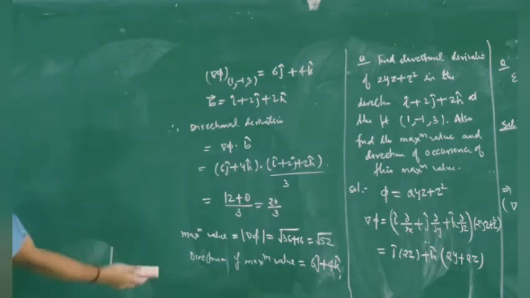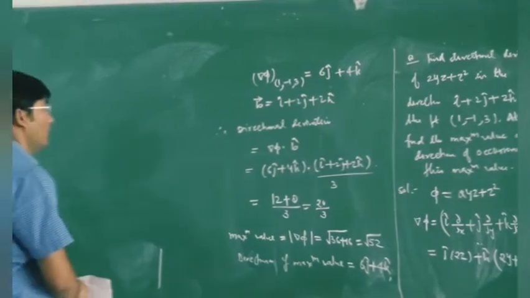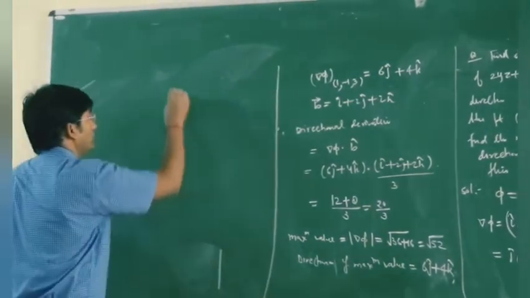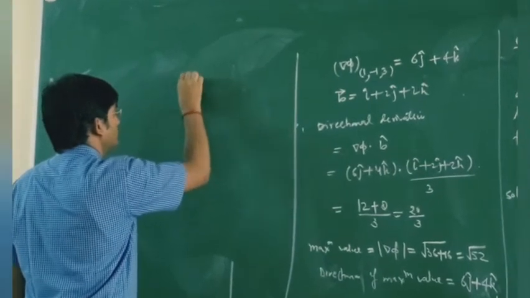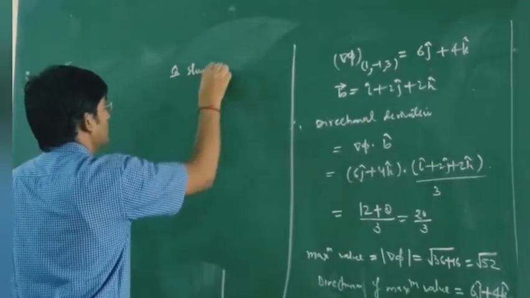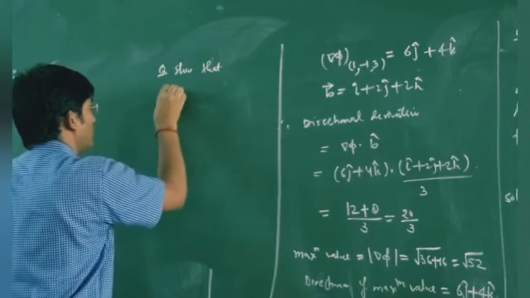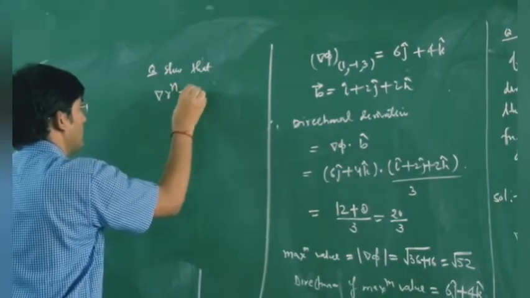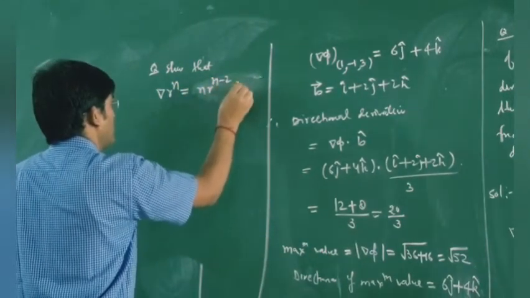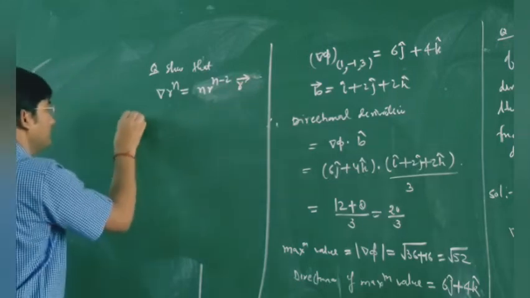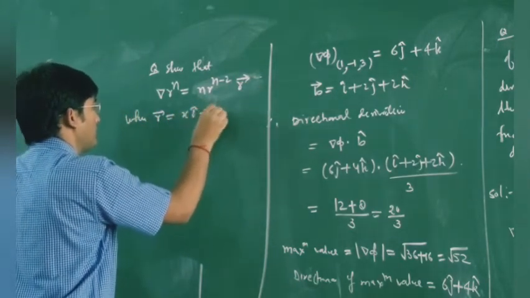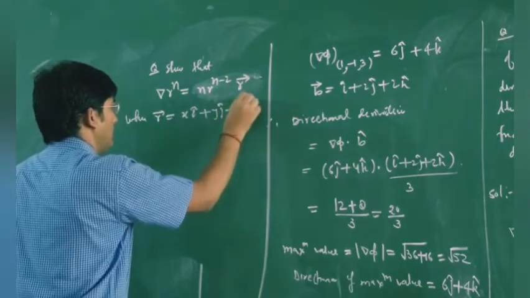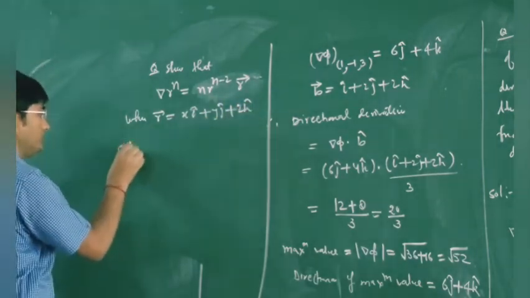So again note that, now let us show that grad r power n equal to n, r power n minus 2 into vector r, where vector r is xi plus yj plus zk. So solution: